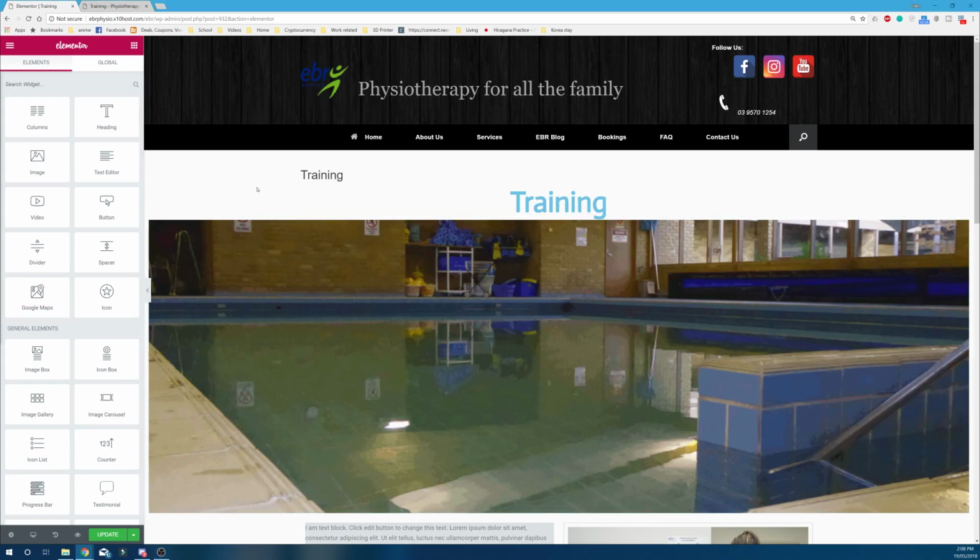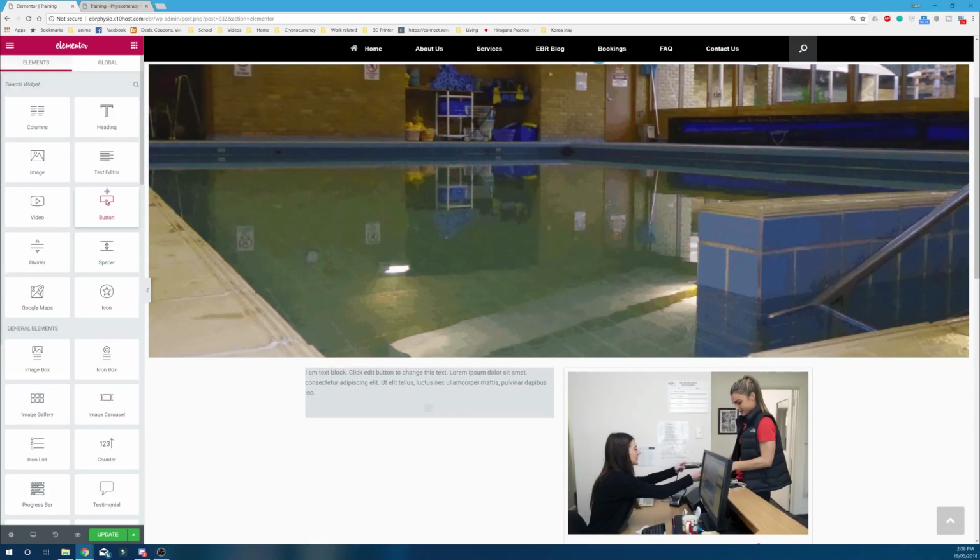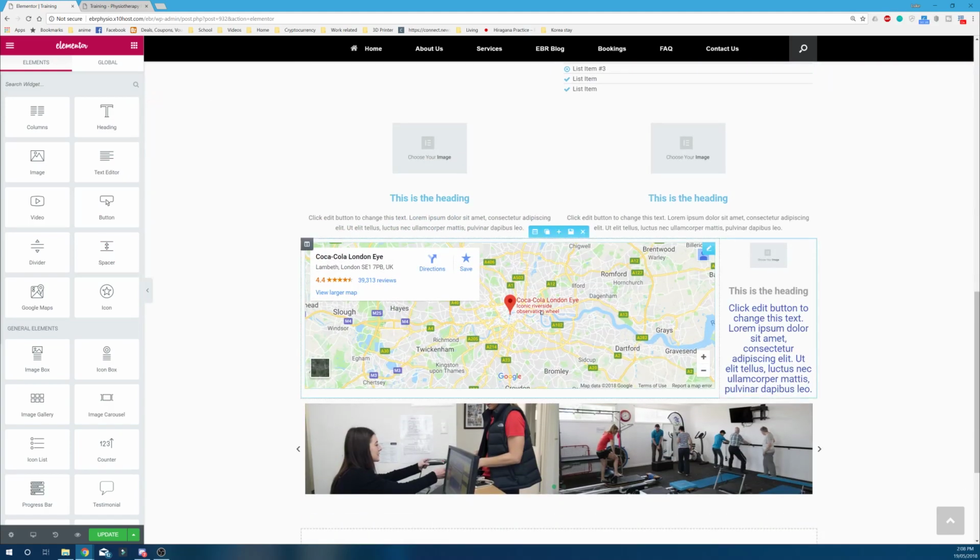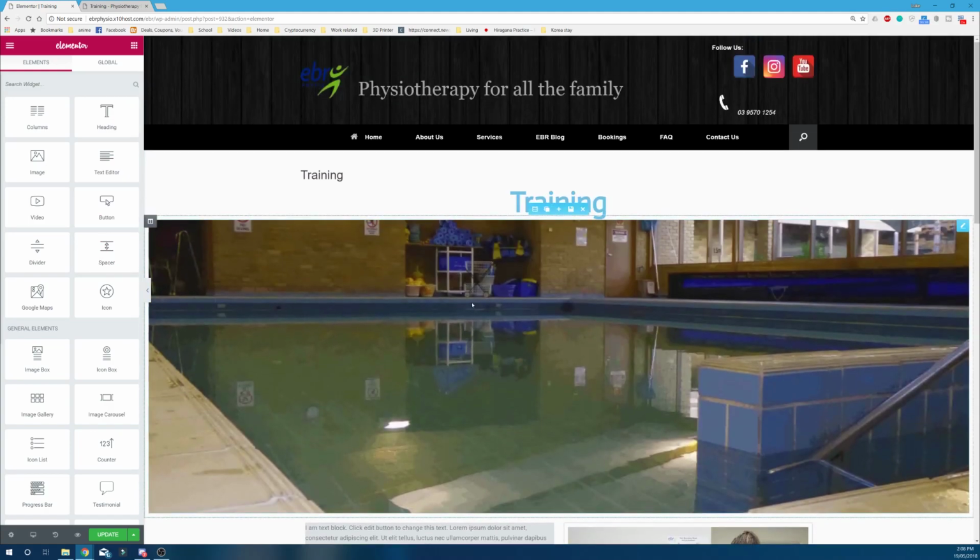So now you've learned how to use quite a few of the widgets and how to edit the text, images, if you want a full page or not. But there's a little thing that may be bothering us. We have two headings, training and training. To fix that, we can't do it through Elementor, but we'll need to go back